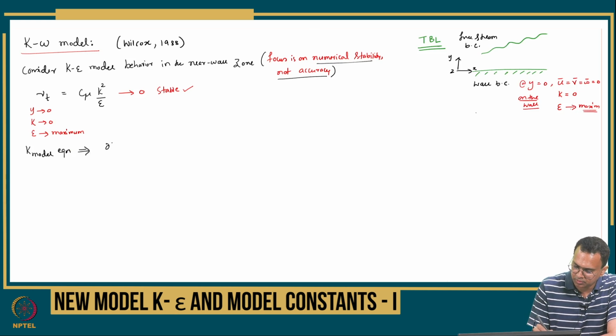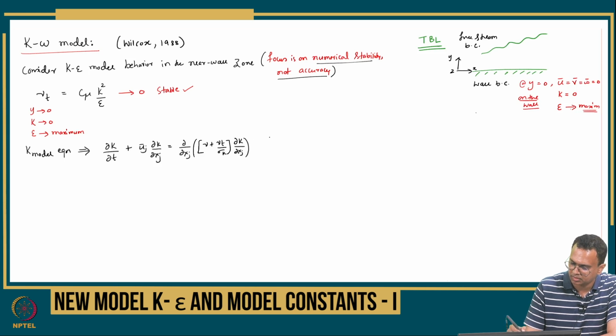So I have ∂k/∂t plus ūj ∂k/∂xj equal to the diffusion term ∂/∂xj of, I have only two diffusions that we modeled, that is viscous and turbulent, μt by σk ∂k/∂xj, and then the production rate terms, right? So the so-called Pk minus epsilon,